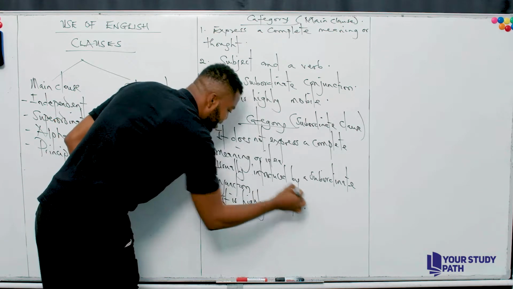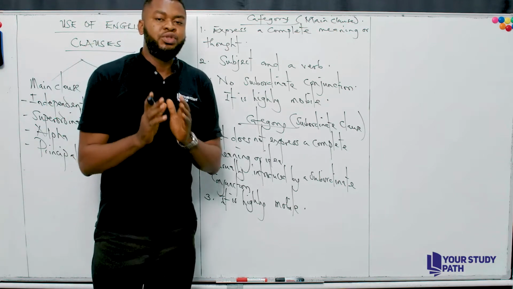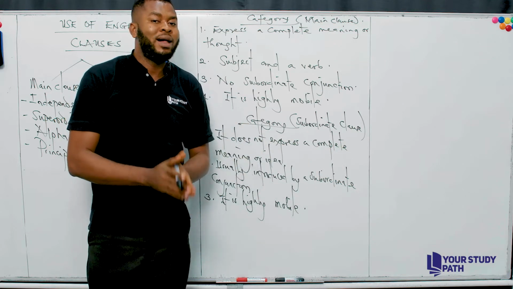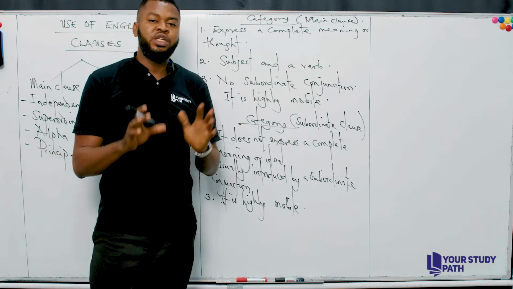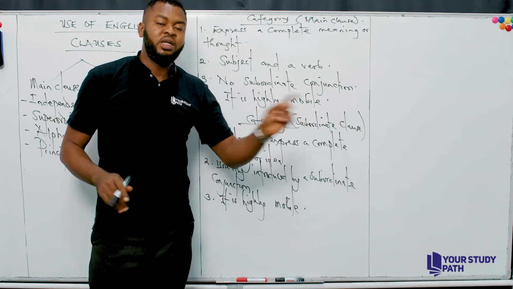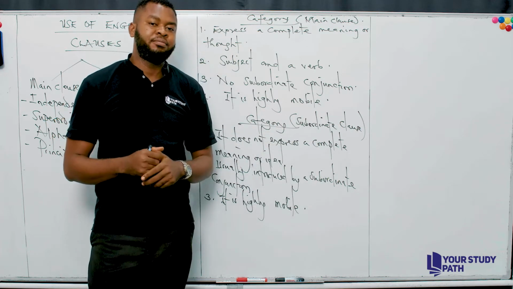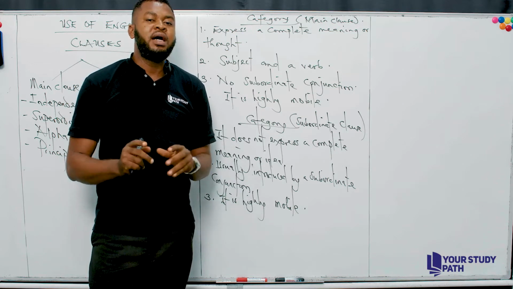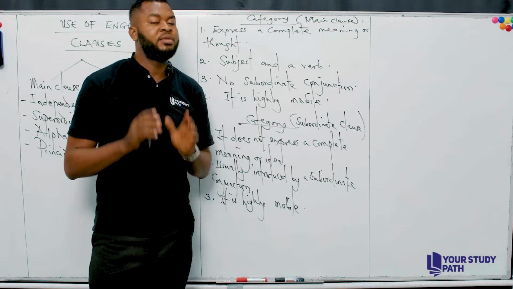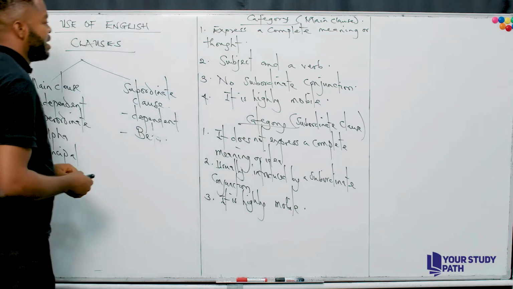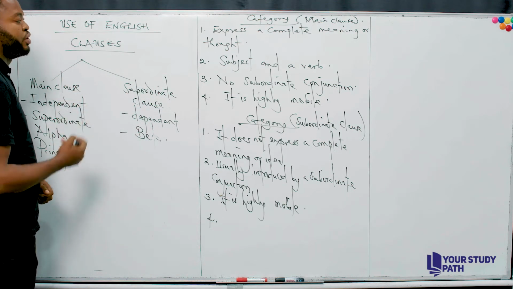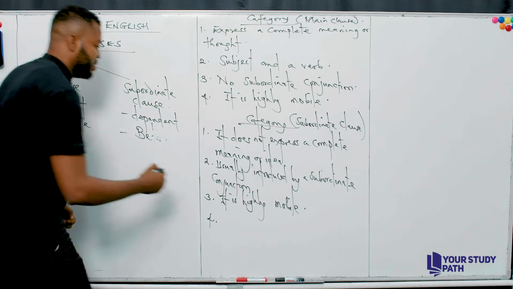By this, I mean that a subordinate clause can occur at the very beginning of the sentence. It can as well occur at the end. But remember, when a subordinate clause occurs at the beginning, it must be separated by a comma. Let me take that again. Anytime a subordinate clause begins a sentence, it should be separated by a comma. It's very, very important. Another important method on how to identify a subordinate clause is the fact that it